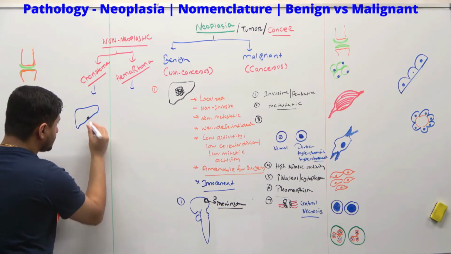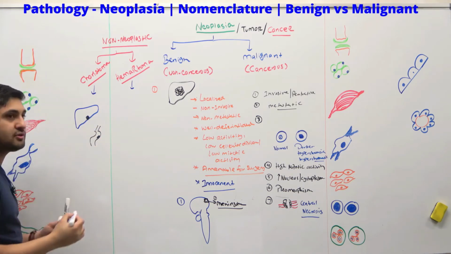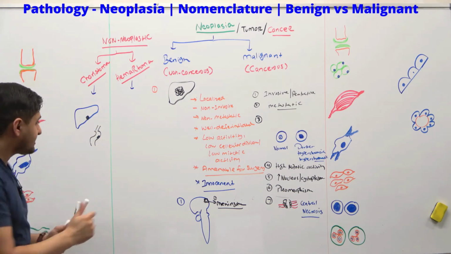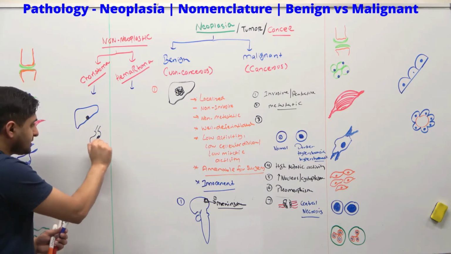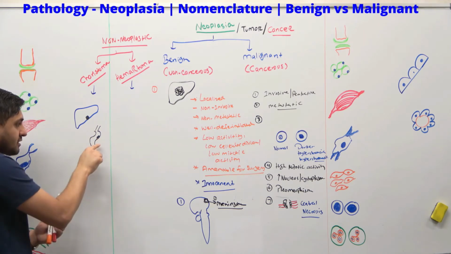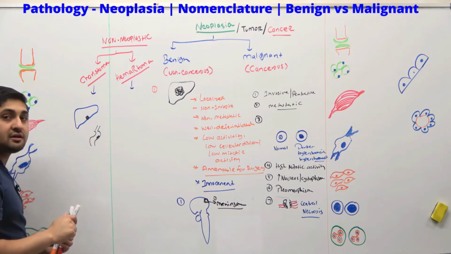Like in GI mucosa, let's make it in blue here. If you found liver cells in your GI mucosa, what happens? This is a foreign location, an ectopic location. These cells do not belong to the gastric mucosa. They actually belong to the liver, all right?